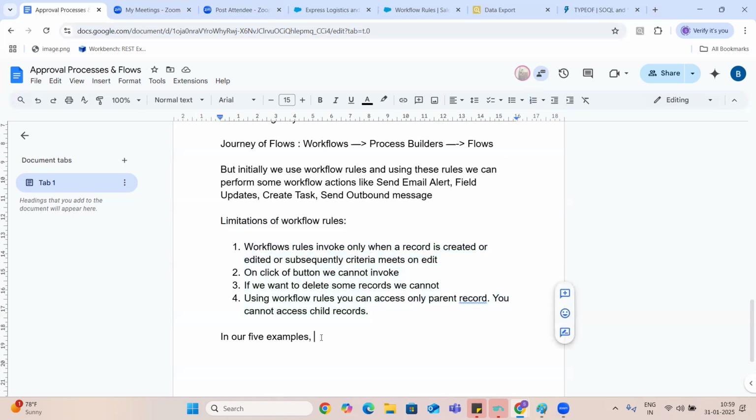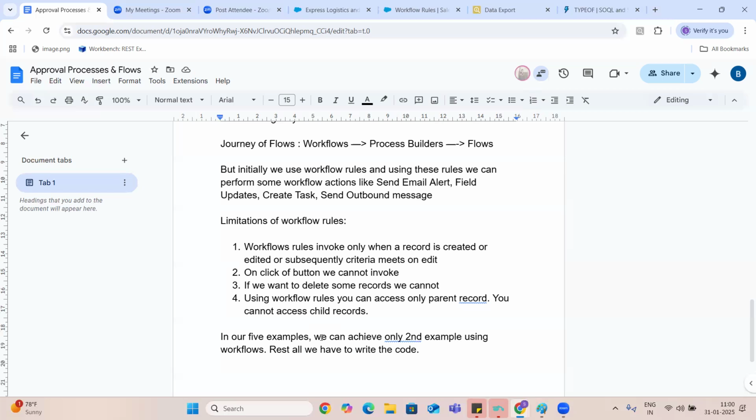Okay. In our 5 examples, we can achieve only the second example using workflows. Rest all we have to write the code. Okay. If we want to use workflows, we can achieve only the second example using workflows.